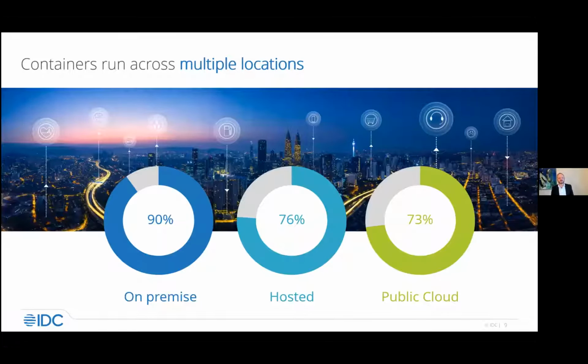We also see that containers run in multiple locations. It's not just something that runs in a cloud. It's on private on-premise equipment. It's on hosted environments. It's on public cloud. And as you can see, these are very high numbers, all of them. So it really just shows that containers run across multiple locations. And we actually see about two thirds of the respondents from this survey use all three different environments. We could then add to this containers at the edge, which we'll talk about next week. But really just that this is something that runs across different deployments.